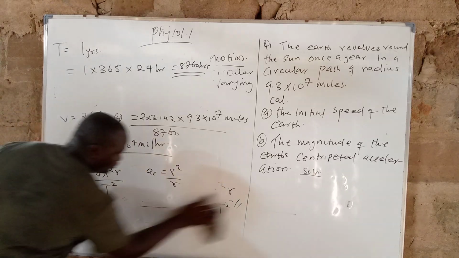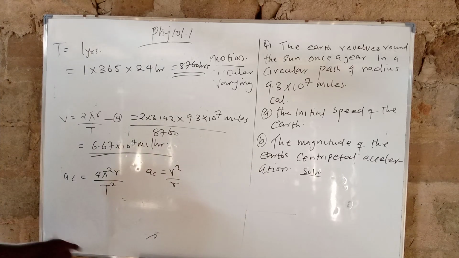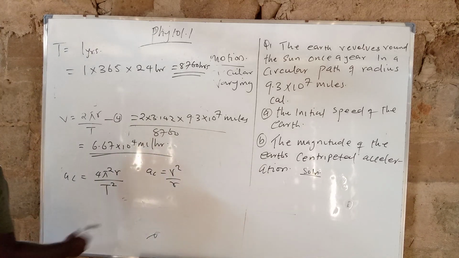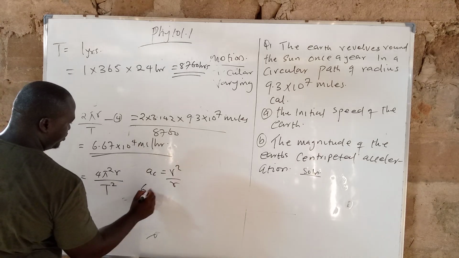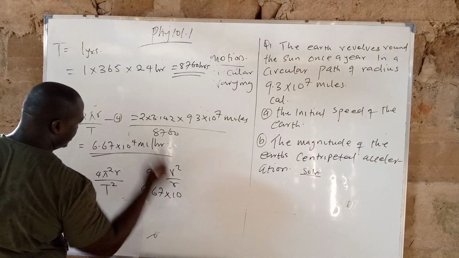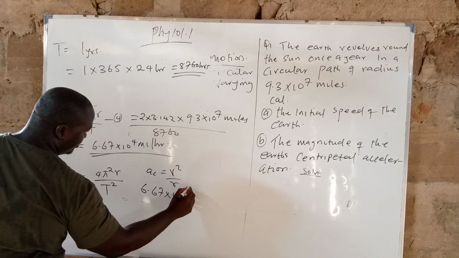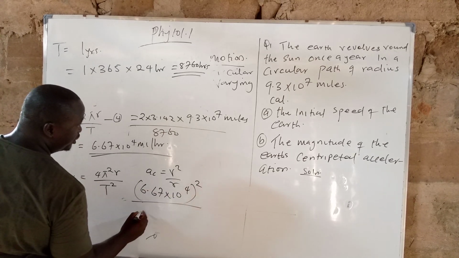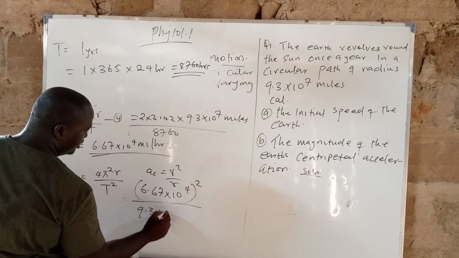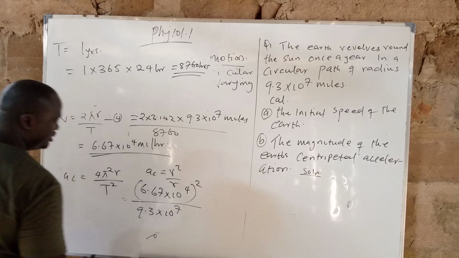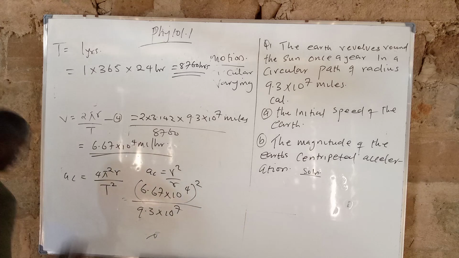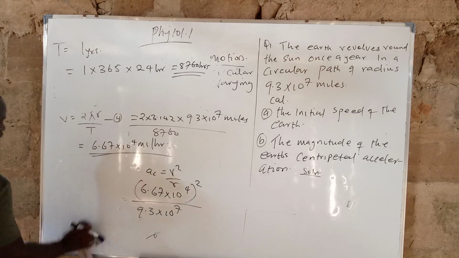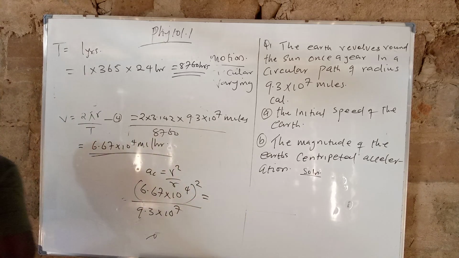And so let me use the easier one, which is v square all over r. All I need to do is 6.67 times 10 raised to the power of 4, already calculated, all in square, divided by the radius, which is 9.3 times 10 raised to the power of 7. And so my centripetal acceleration will now be